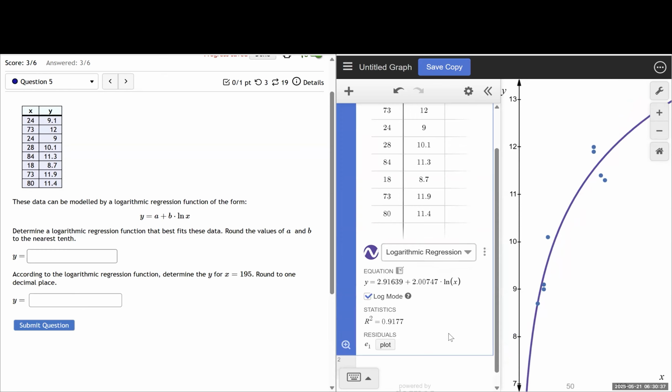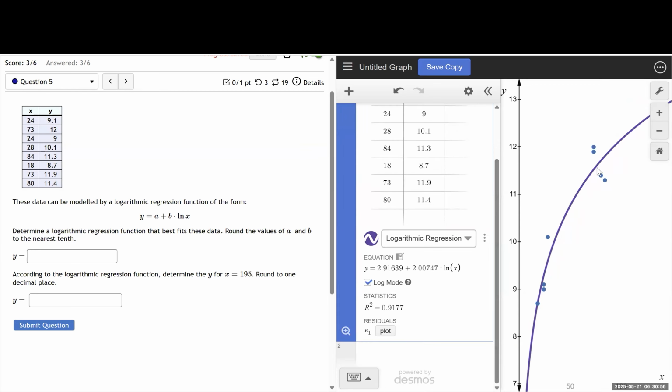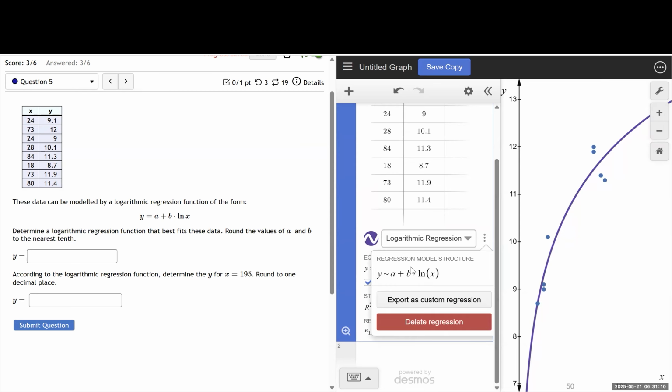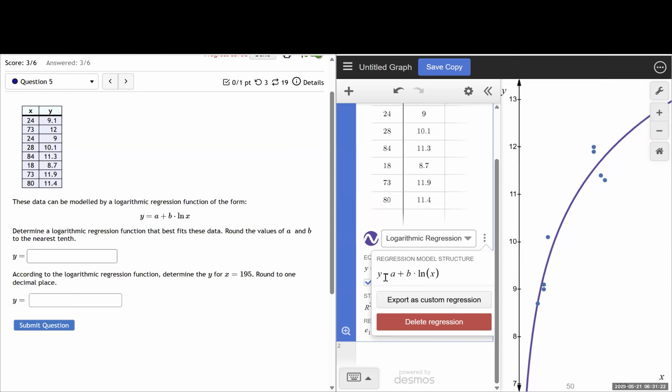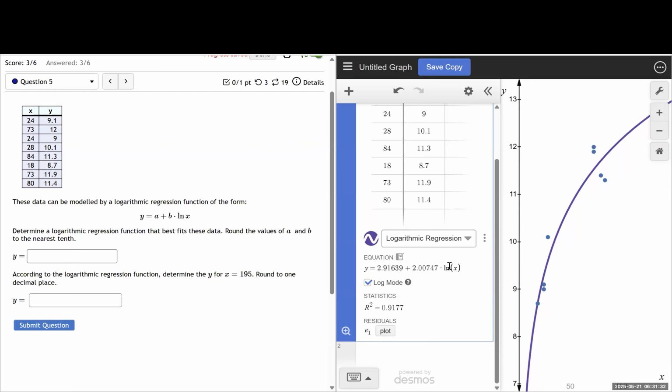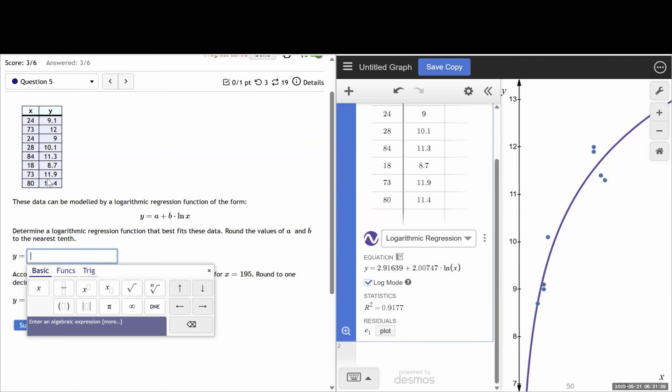So we always do log mode in Desmos when we do either an exponential or a logarithmic regression. And now we can see the curve over here that best fits the data. And we can see the logarithmic model here under the equation. If you want to just verify exactly what the regression model is, you can always click on the three-dot menu and you can verify, for example, exactly what the regression structure is, a plus b times ln x. That's exactly what we want. And we can see the model here. So we want to round the values of a and b to the nearest tenth